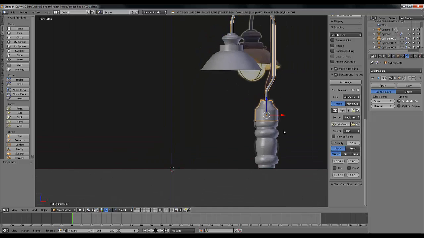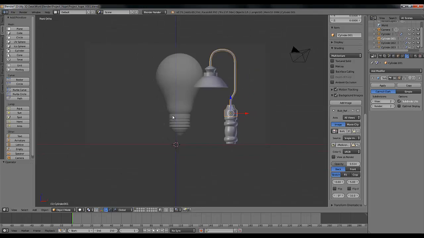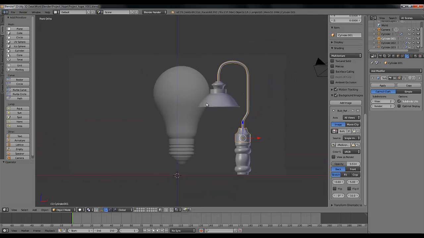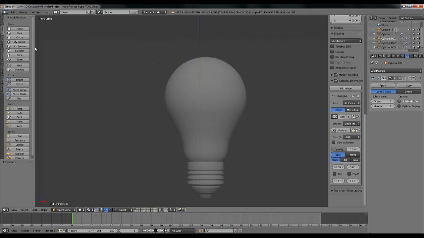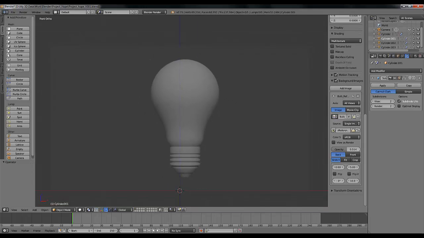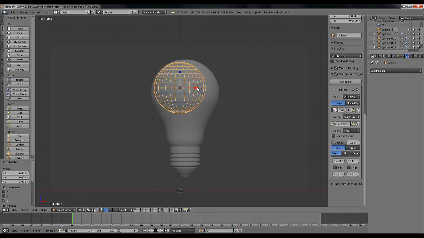Okay, press Pen, and now we are going to take our second reference for the bulb. Again go to images, and this is the bulb reference, and open it. So this is the kind of bulb we are going to create. First switch off all these objects which we created, and to create this look we need a sphere, a UV sphere. Create that, Z to wireframe, and align it